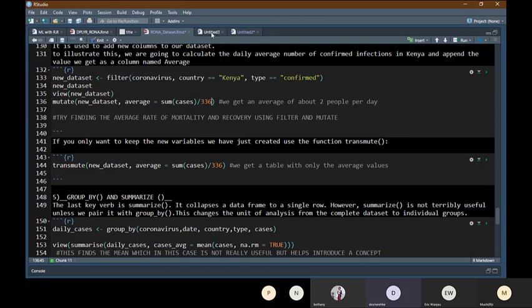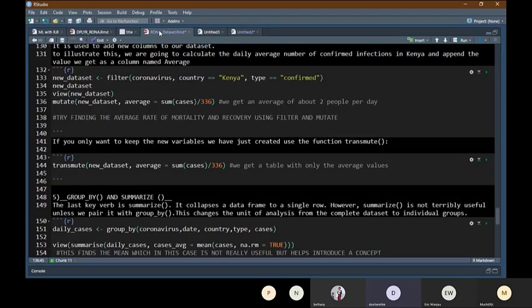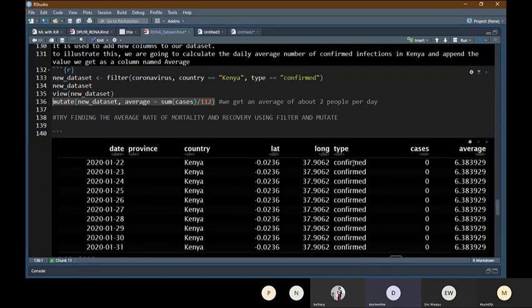In this case, we found that there are 112 entries, so 112 days since the dataset was created. To find the average, we sum the number of cases divided by 112. When you do this and use the function mutate to add it as a column to the data set that we have,